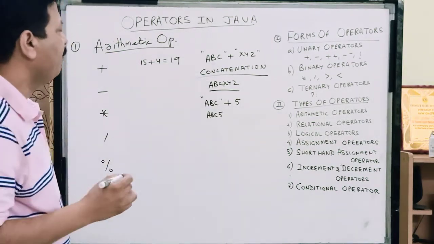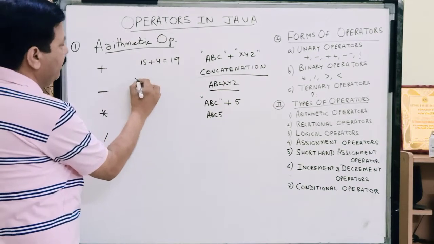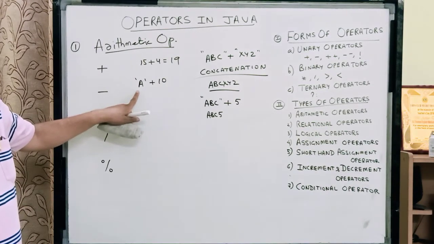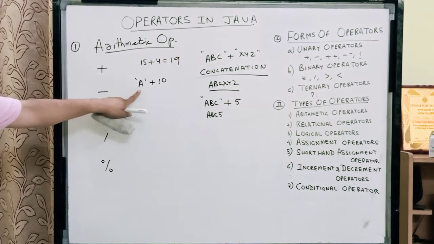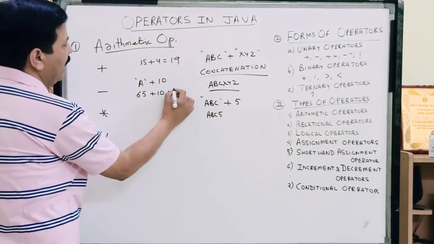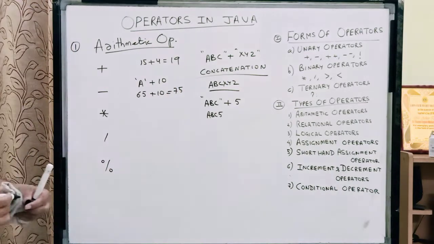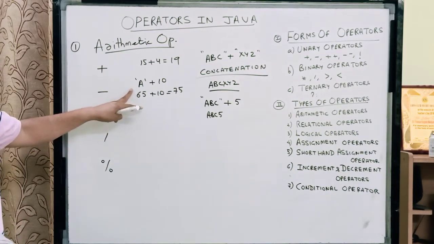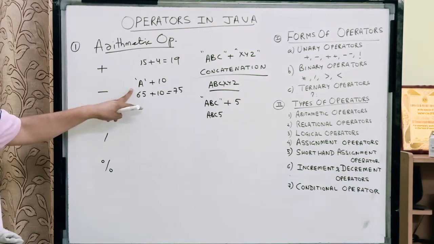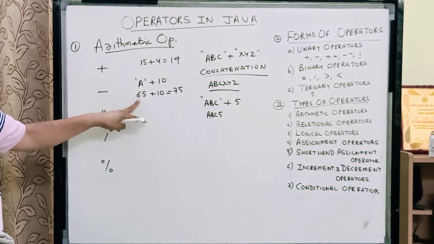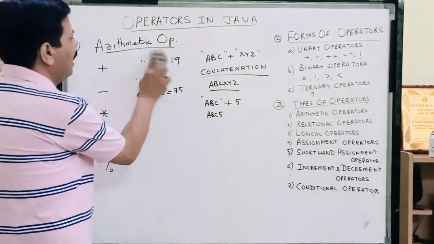Now children, one more thing, if we add 'A' in single quotes plus 10, now this is a character value, and children, a character value is a numeric value, and the numeric code for A is 65, so it means that we are adding 65 plus 10, so the answer will be 75. So in addition, we see that there are some differences. A character value is considered to be a numeric value, and numeric addition takes place according to its code. This is called the Unicode of A or the ASCII code of A, but in Java we represent it by its Unicode character. So children, this is regarding the plus operator.